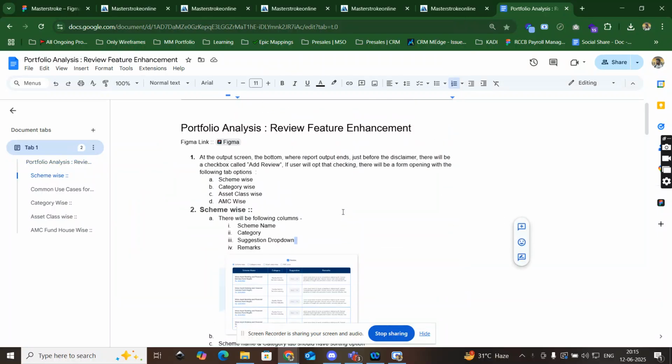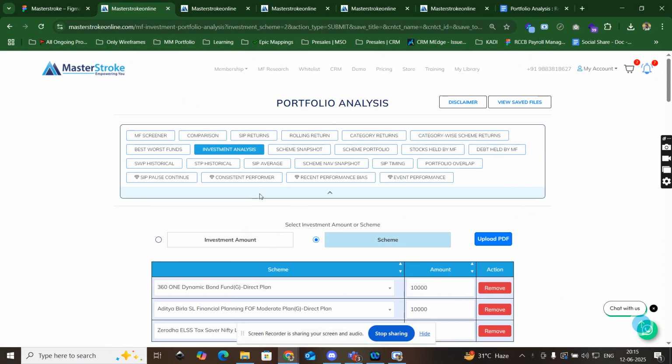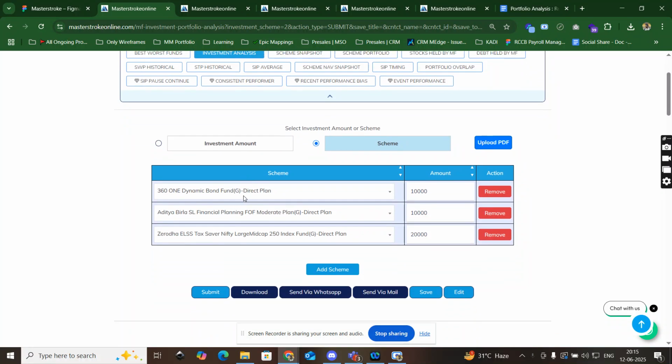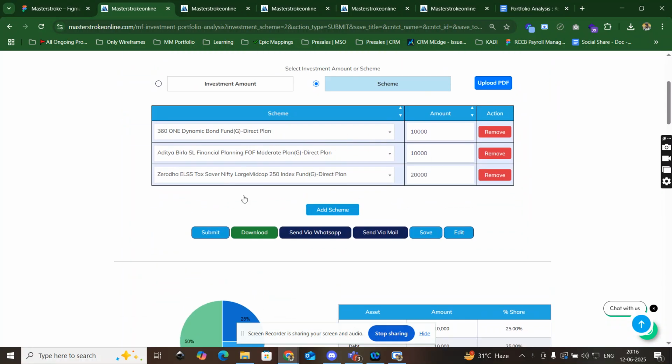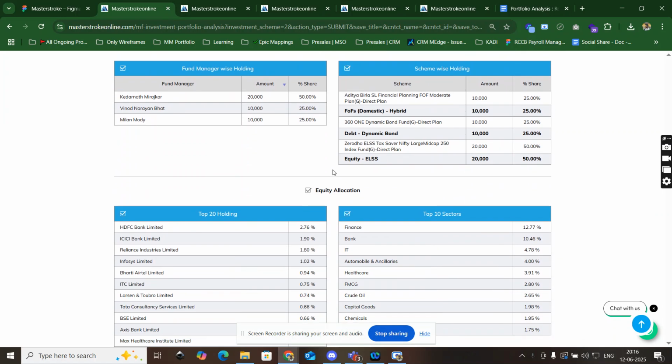So in this video, this will be the tutorial guideline for the portfolio analysis review feature. This is the report that we are trying to implement in the portfolio analysis link, and within the portfolio analysis we will be having two tabs, scheme wise and the investment amount wise. As you can see, we are having this output here,